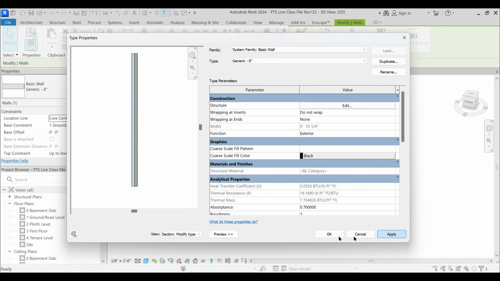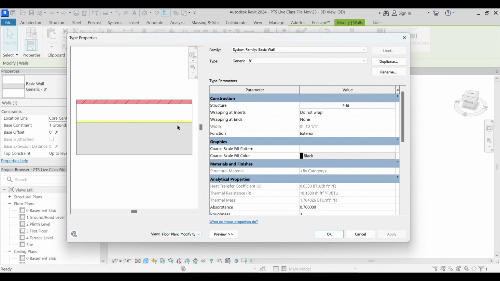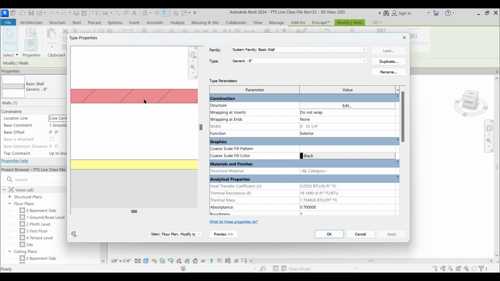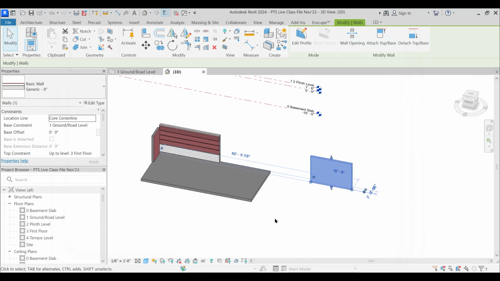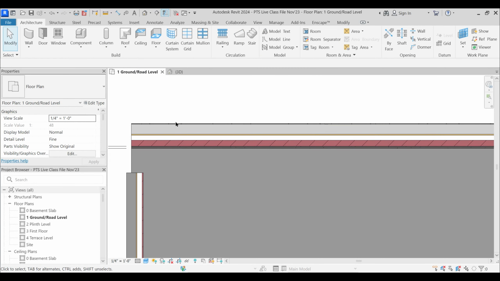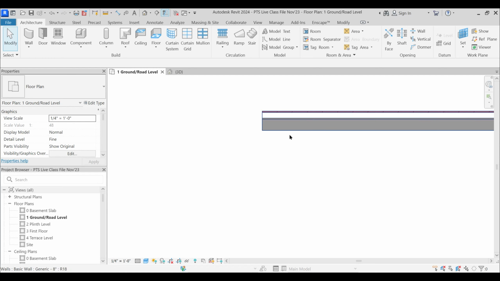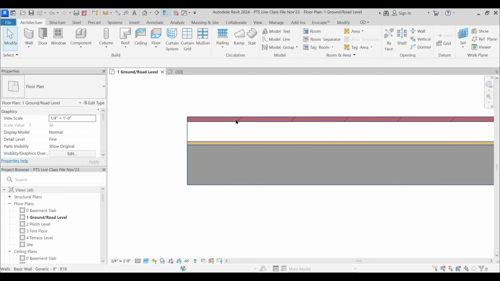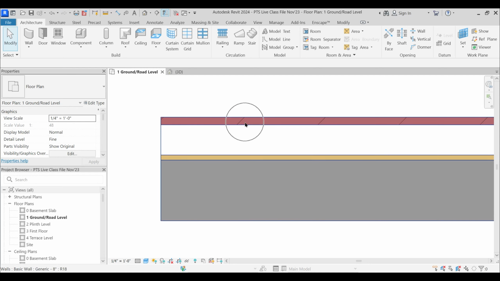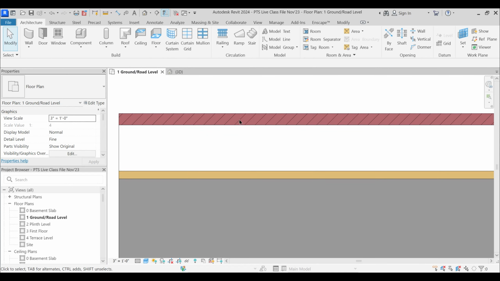Okay. Apply. And if you just see it in plan, then what do you see? See, didn't I say it while explaining that particular material? That अगर plan में देखोगे तो ये color दिखेगा और ये pattern दिखेगी. But only in shaded view. So if I go to ground level, now this particular wall, which we started with 8 inch, right, now you are seeing this particular visual style to be shaded. Okay. And the material is displaying this color because that brick common material has been applied to it. And if I change this particular scale, then the pattern, you are seeing this diagonal.